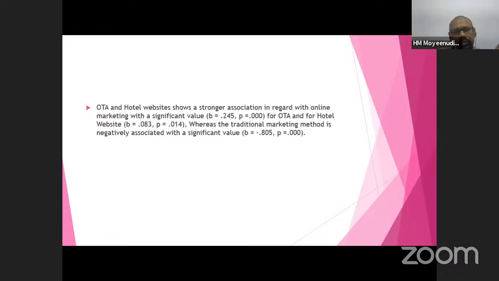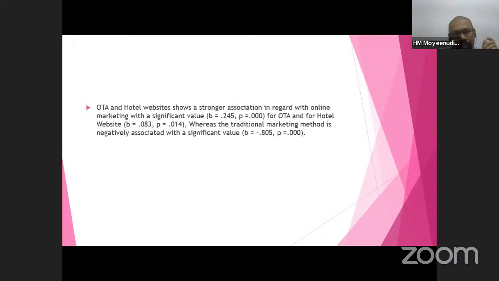OTA and hotel websites show a stronger association with online marketing, with a significant value of B equal to 0.245 and significance of 0.220 for OTA, and for hotel websites B is equal to 0.083 and significance of 0.014. Whereas the traditional marketing method is negatively associated, with B equal to minus 0.805,